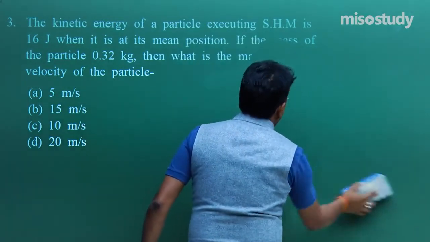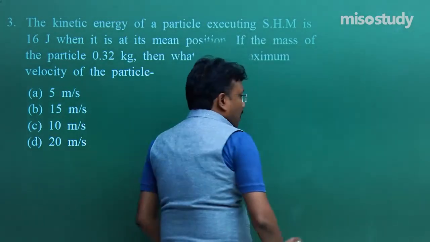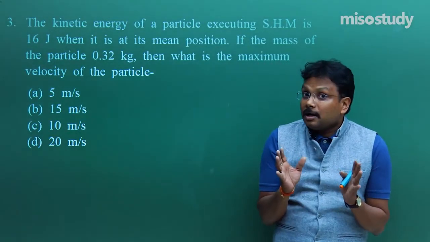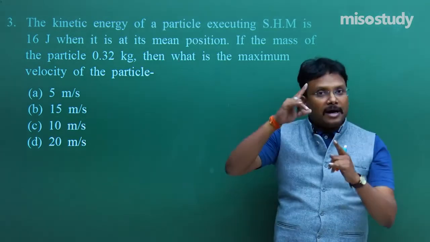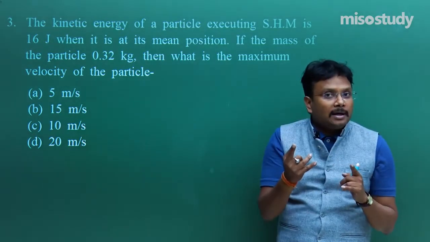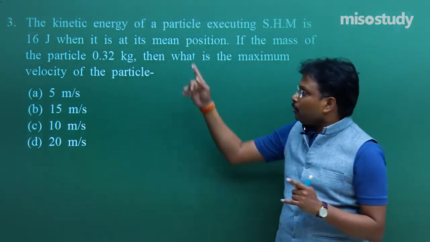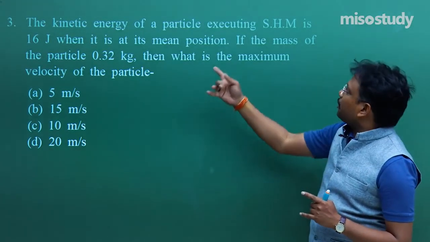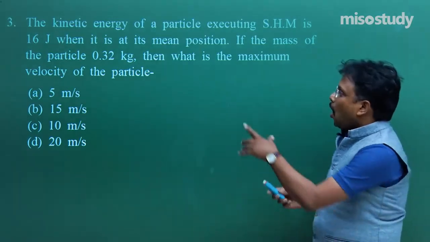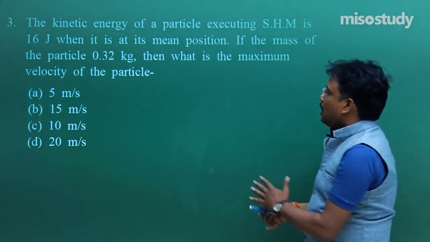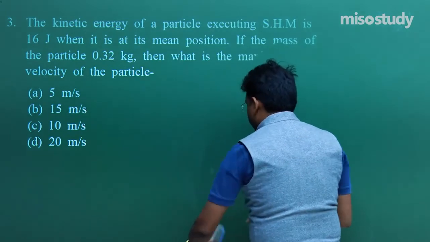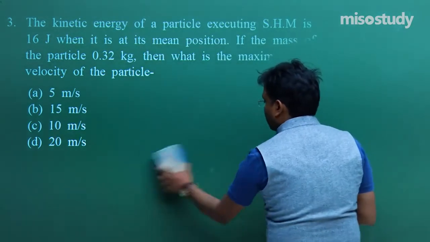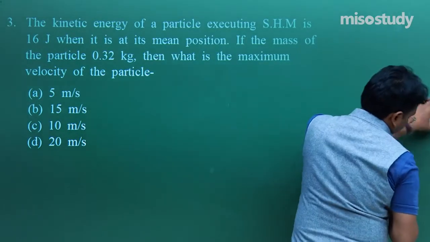Fine. Now, maximum velocity means, obviously in velocity this sin cos term will definitely come. Maximum means sin square omega t or cos square omega t should be 1. Fine. So then what will be the maximum velocity of the particle, which is something we have to find out. All the numbers are in front of your eyes. I am going to use this small space to explain all these concepts. Fine. For this maximum velocity.